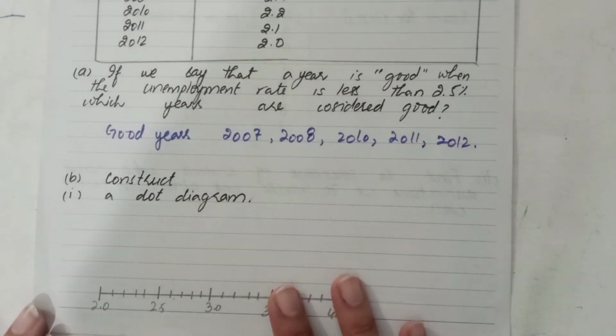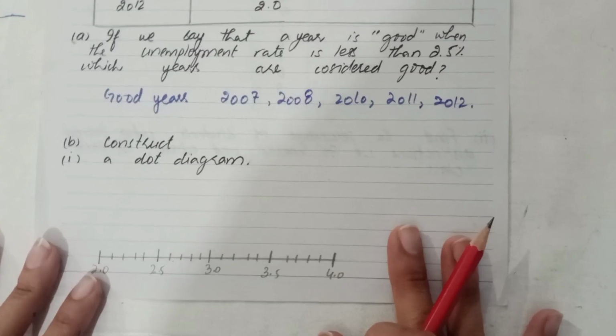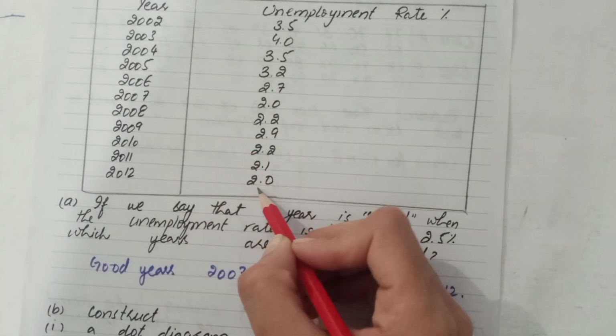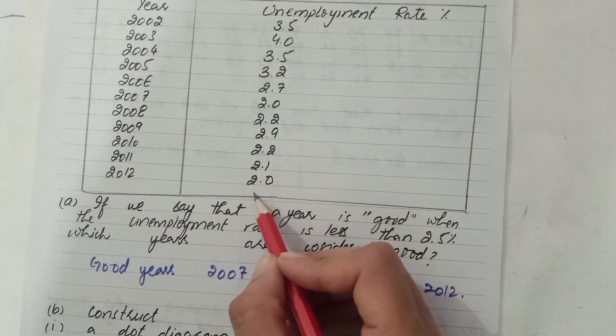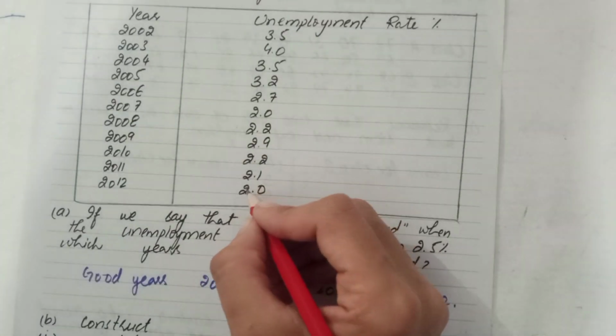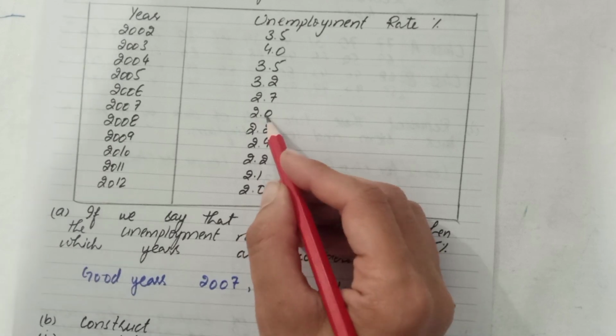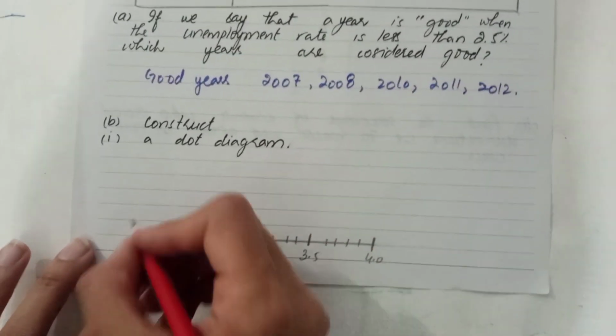In part B, construct a dot diagram. We have to construct the dot diagram. The unemployment rate is from 2, the smallest value, and 4 is the largest value. That's why I draw the scale from 2 to 4. The value 2 is 2 times. The digit 2 is 2 times. That's why I draw 2,